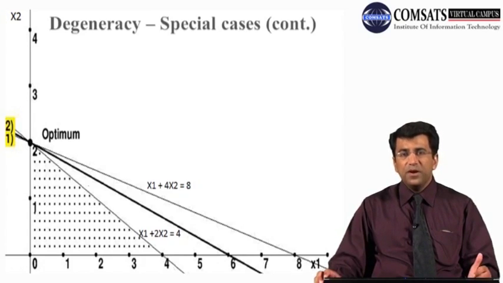But the main point to be noted in this graph is with respect to one of the constraints, which is now represented in the form of x1 plus 4x2 is equal to 8. Now what this constraint or this line shows, that students, ये जो particular line है, ये हमारे इस ग्राफ में हो या ना हो, our feasible solution will not be changed.